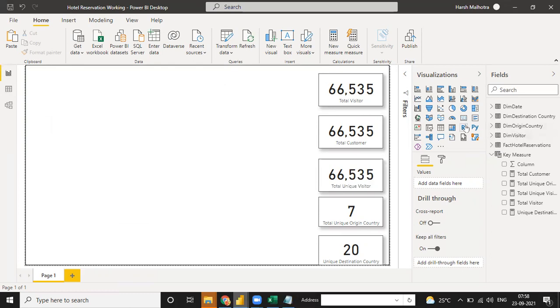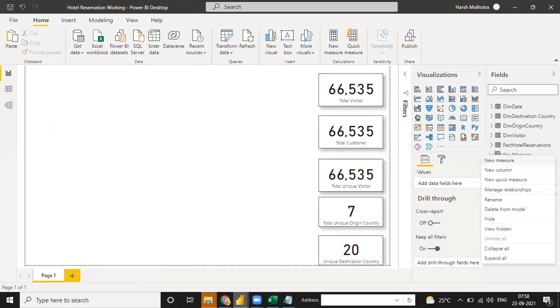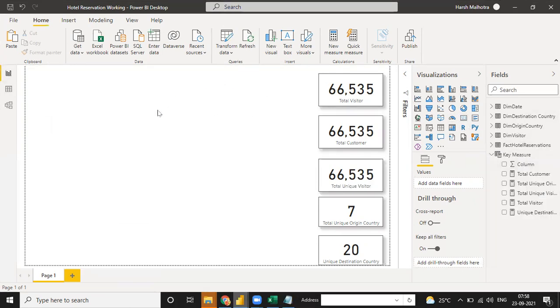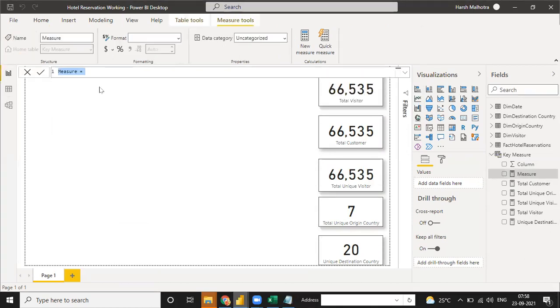So I just click on new measure. So for the highest age of visitor, because this thing we don't need in making a visualization, I just give you one example only, that sometimes you need the highest value in your data.